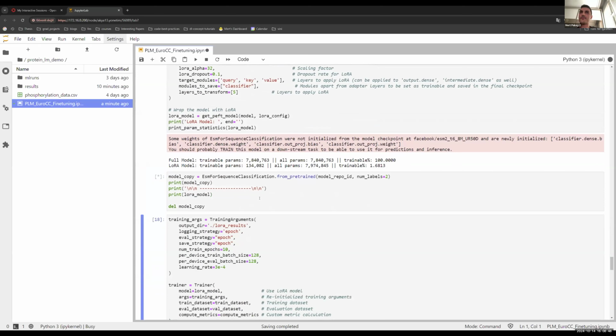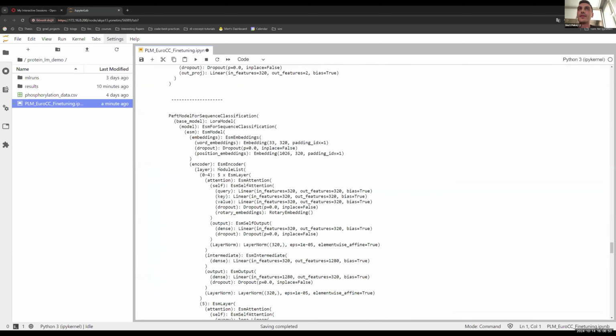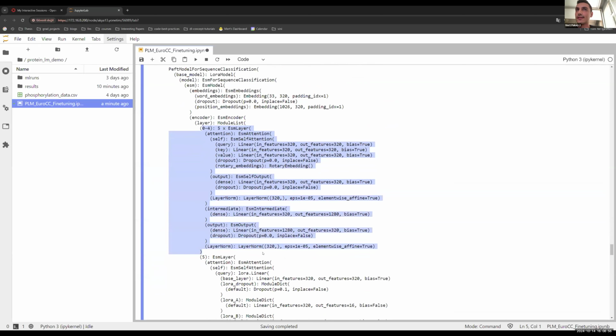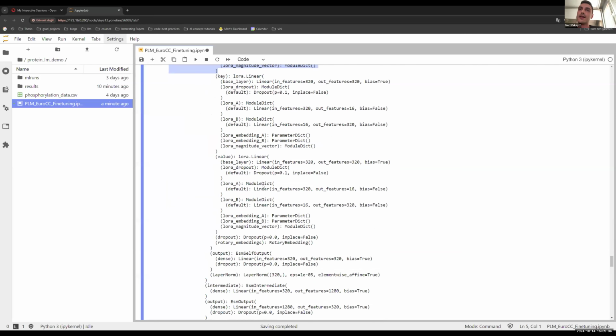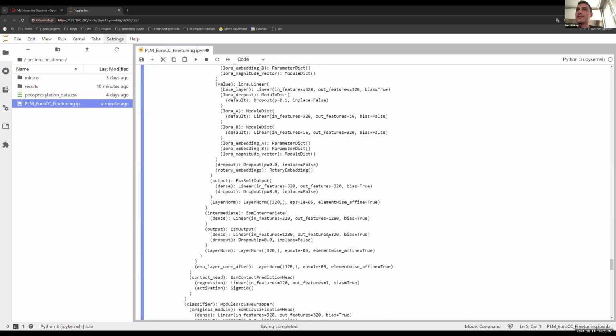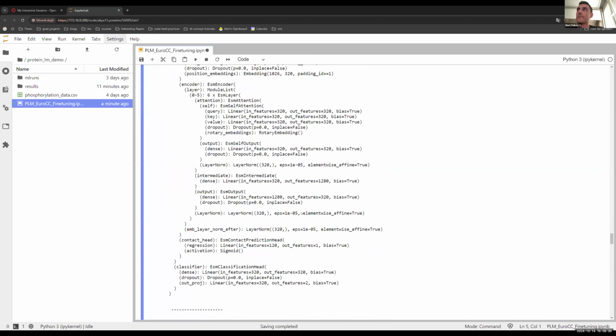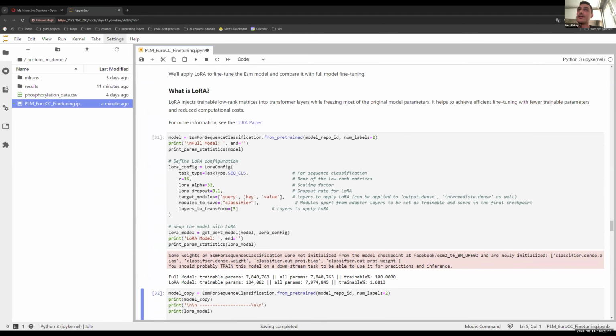let's look at it. So the first 5 layers, it has 6 layers. First 5 layers do not have any LoRa in them, but the last layer, the 5th layer, has LoRa matrices so that we can train them. And these are all hyperparameters and can change the newly added parameters and model performance. Let's use this